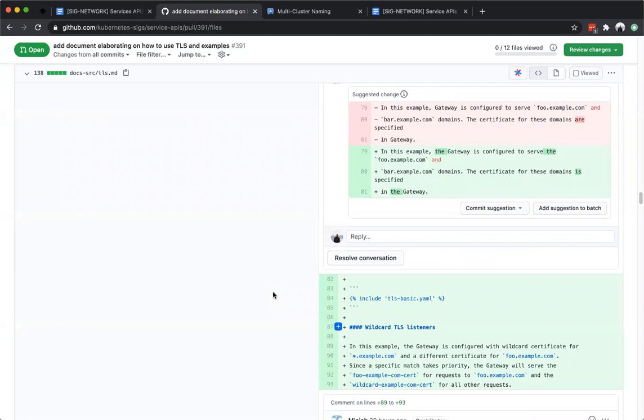Nice. Hopefully our examples will never go stale, but we'll see. That obviously is dependent on the other work to actually validate our examples on each commit. But yeah, we're getting there.